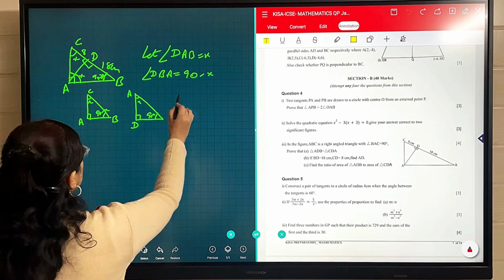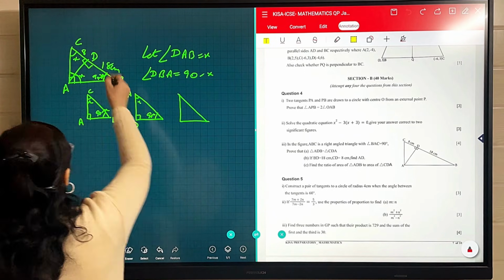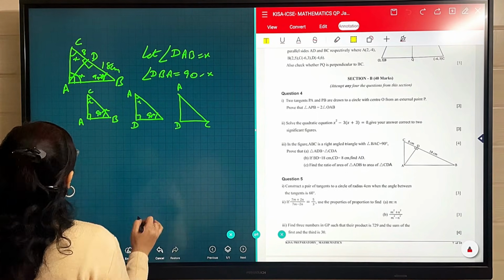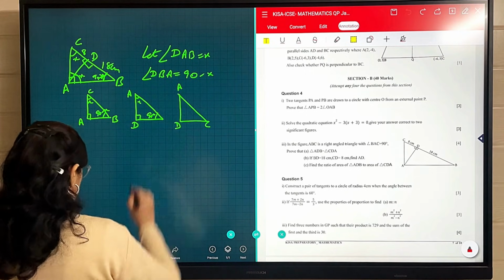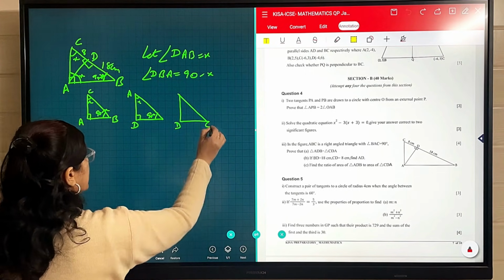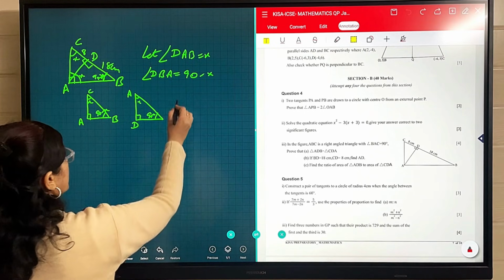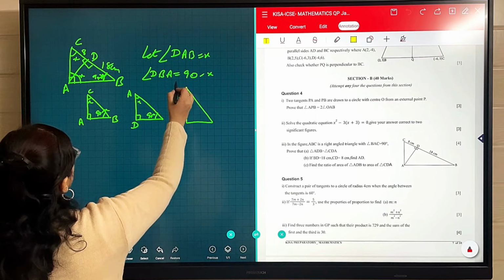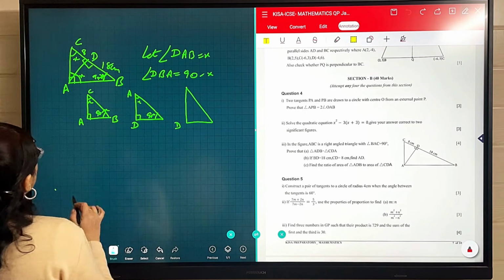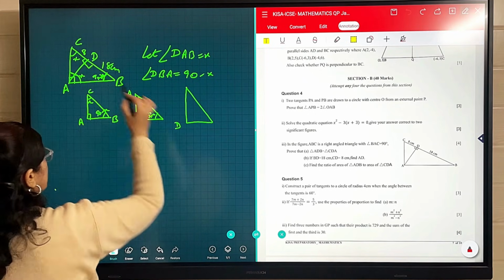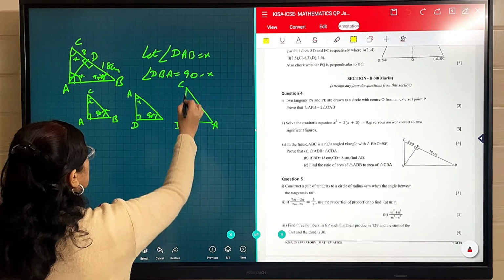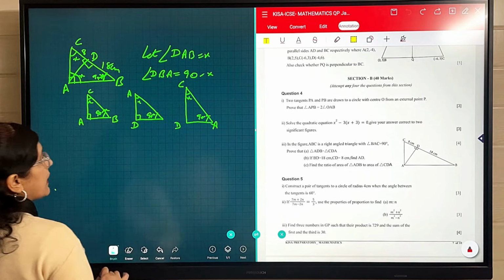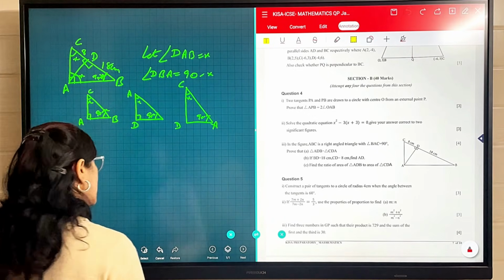So we can draw it in another way also, because we can take a third triangle on that side, ADC. So in ADC, C is X. It is simple for us to compare if I take C here and A here. So we can draw it like ADC: A, D and C. C is X. So we will draw C here and A here, because C is X and again this is 90 minus X. Now by just observing these triangles, you will observe that they are similar triangles.